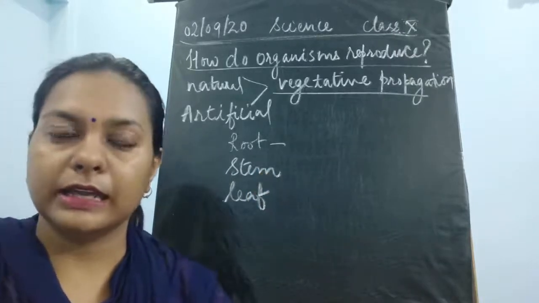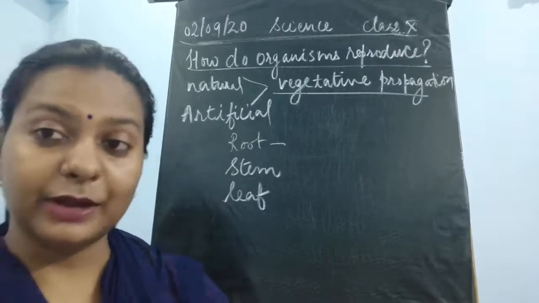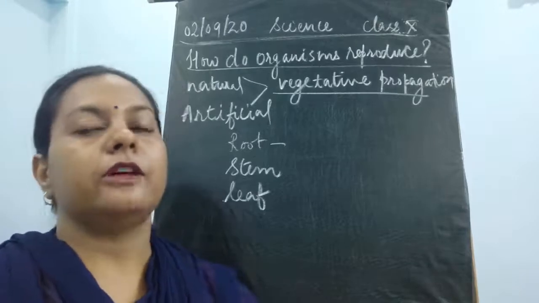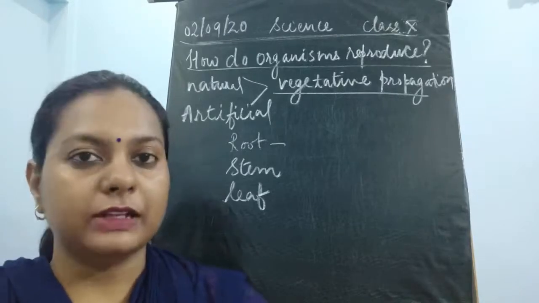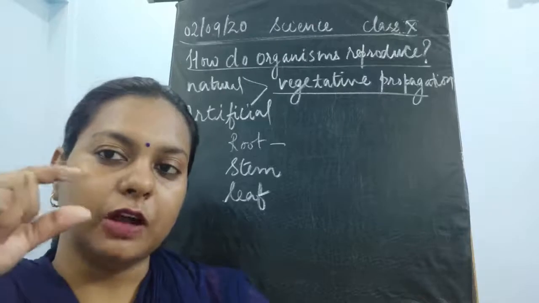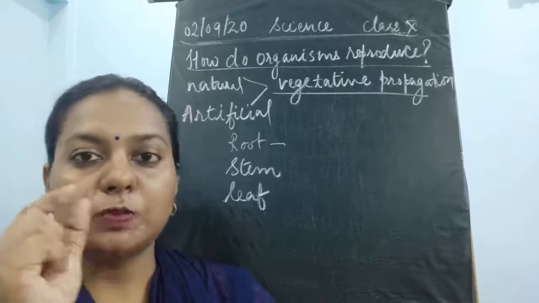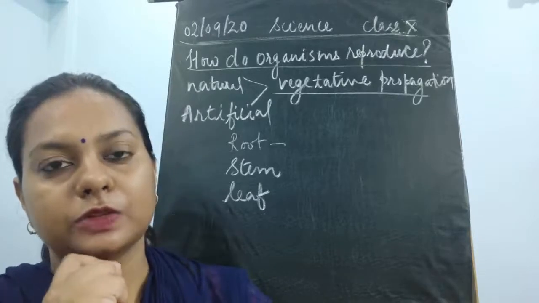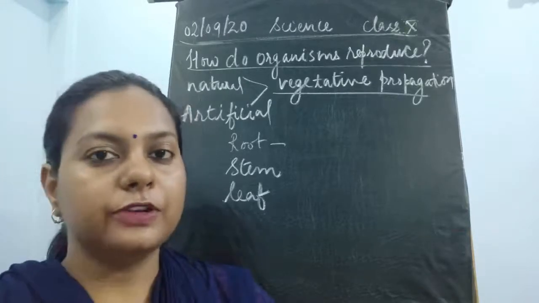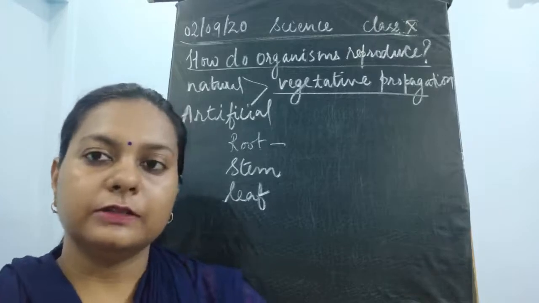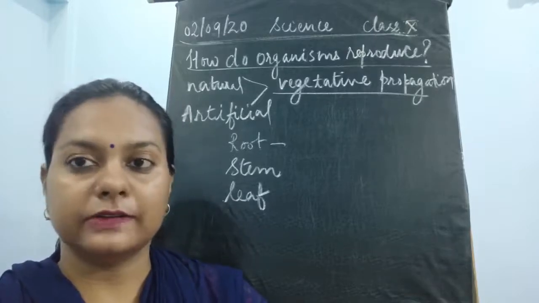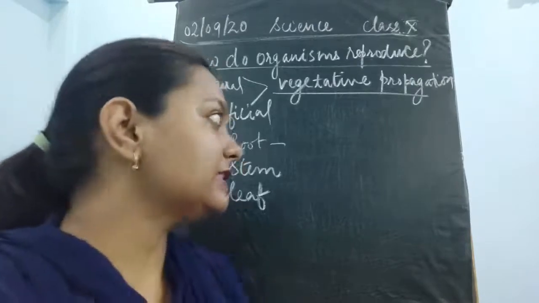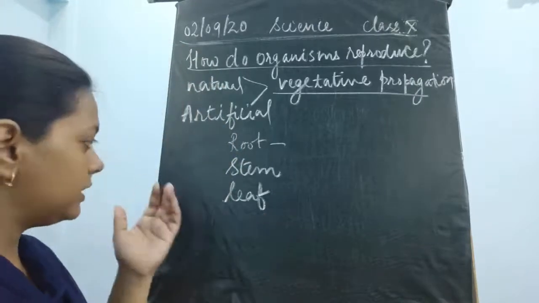Similarly, we have also seen the stem. There are underground stems, like potatoes, which have special features called eyes. From there, each new plant comes out, and if a small piece containing this eye is put inside the soil, sown inside the soil, what would happen? A new plant is going to grow from these potatoes.